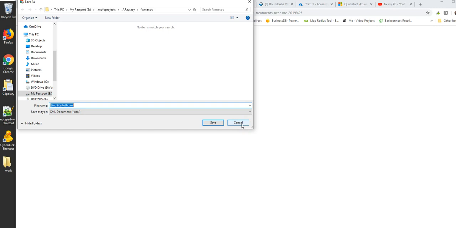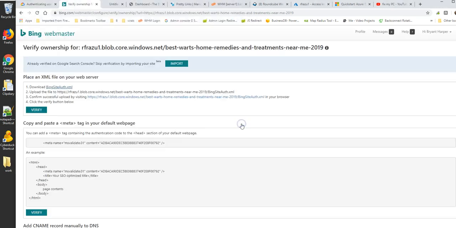You only need to get the first copy, and you can use the same code in every one of the sites you put into this particular